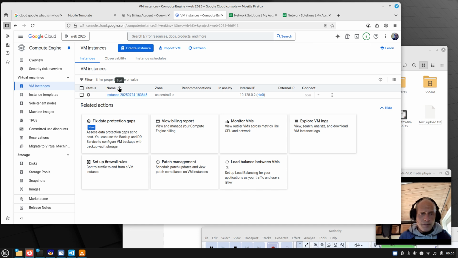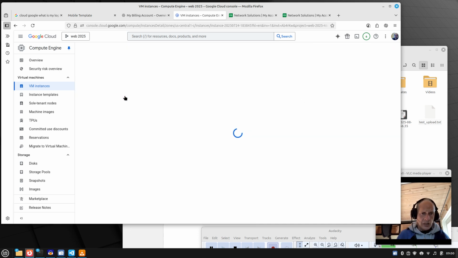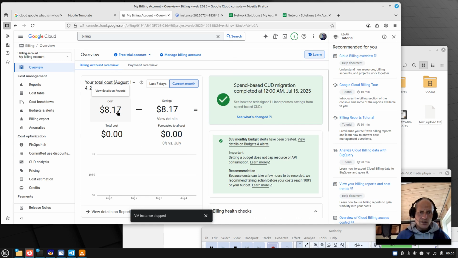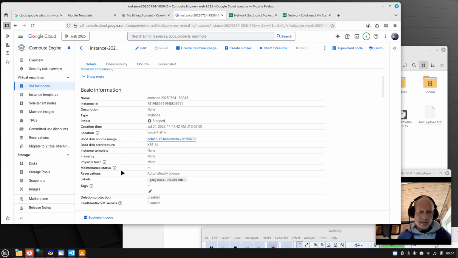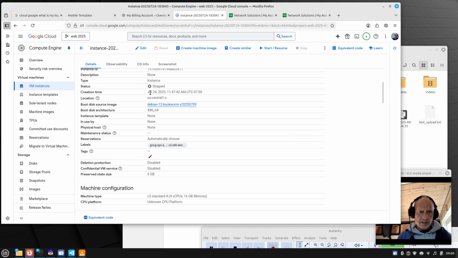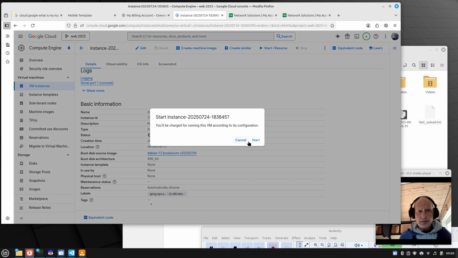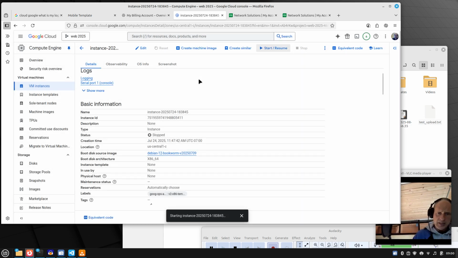I'm trying the free trial right now. I was looking at the cost, and it looks like it's about $4 a day, which is expensive actually. I didn't think it would be that much because it doesn't actually do anything. I have no traffic, but it still costs that much. So what I'm going to do is it's stopped right now. I'm going to start the web server,